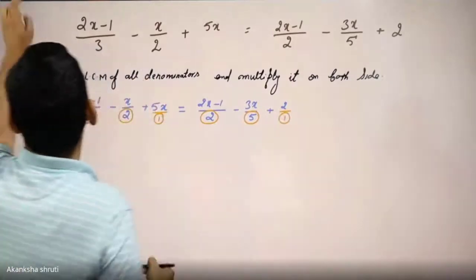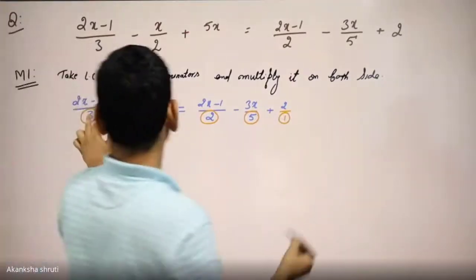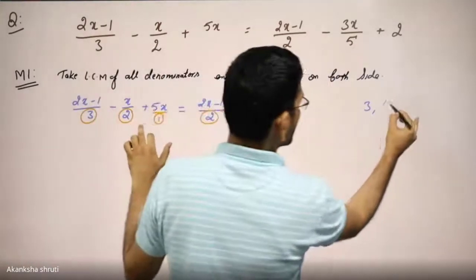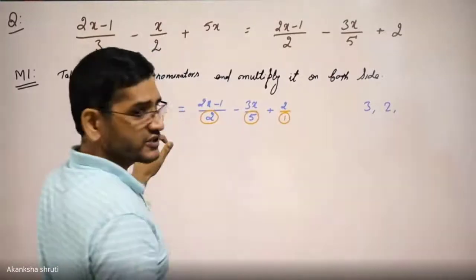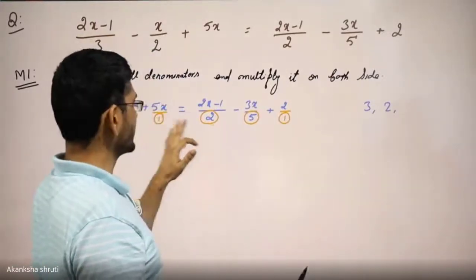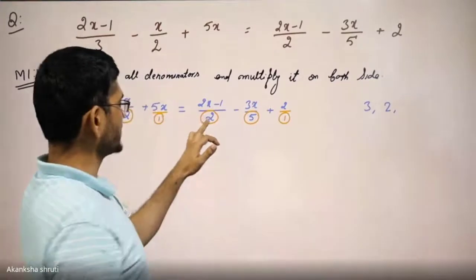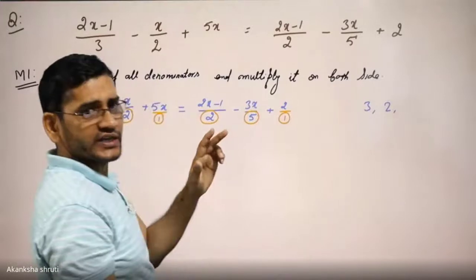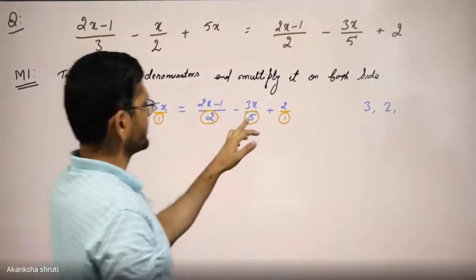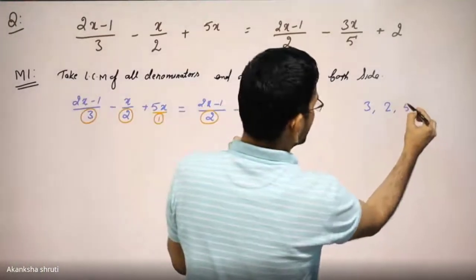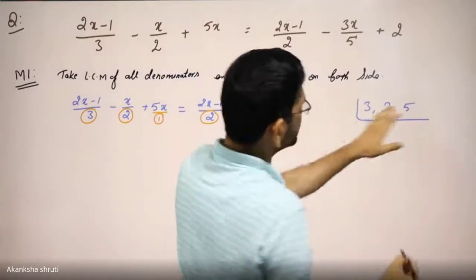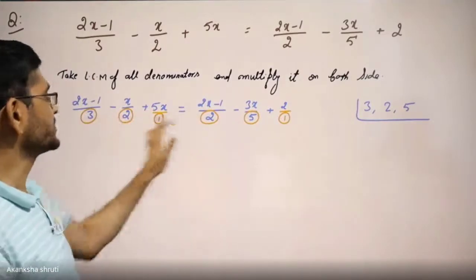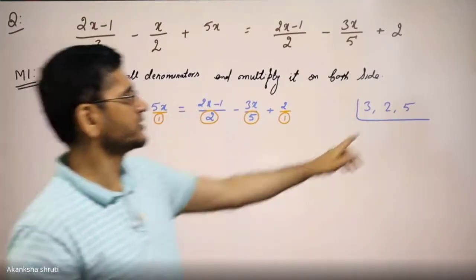So what are in the denominator? You first write all those numbers. It is 3, 2, 1. 1 need not be written. Okay, student? 1 you can leave it. Coming here again 2. For the RHS, it is 2. But 2 is already written here. No need to take it again. Just take it once. But the other one is 5. So take 5. So these are the different kinds of denominators that we have observed. 2 is occurring in both left and right, so you need to write it only one time.